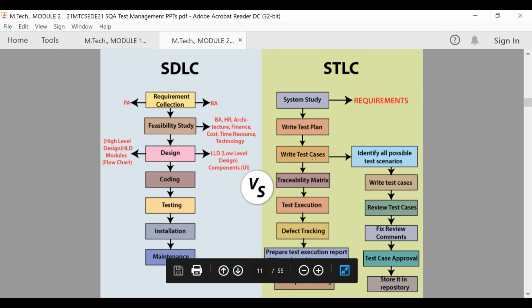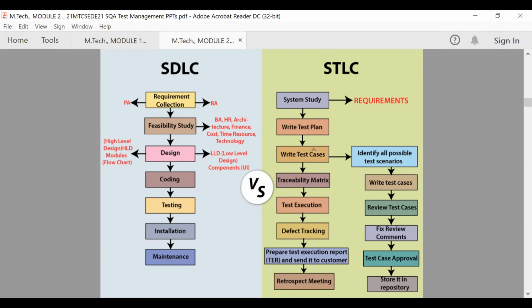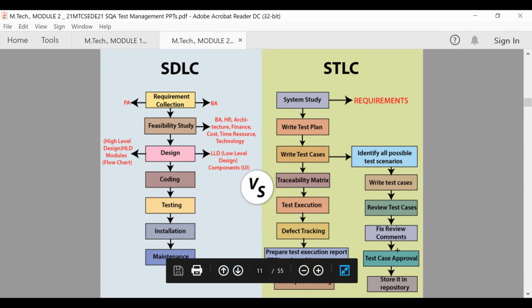So these are the steps to be followed for test cases. The major activity in software testing is based on test cases. N number of test cases form a test plan, and a collection of test plans based on each module gives us the test strategy. Then the next step is to create the traceability matrix. Based on the test cases, we will list out the number of errors and bugs.